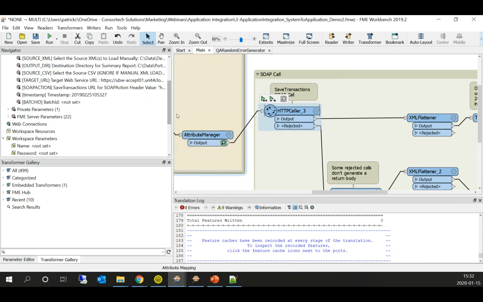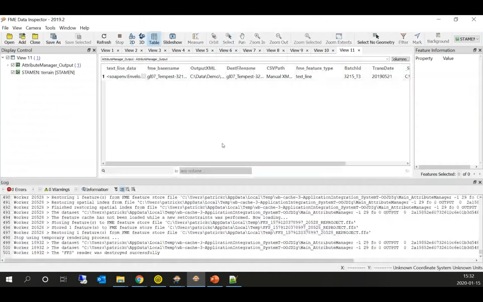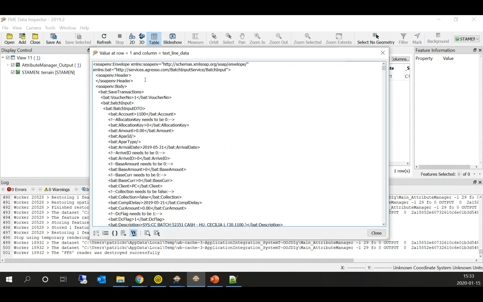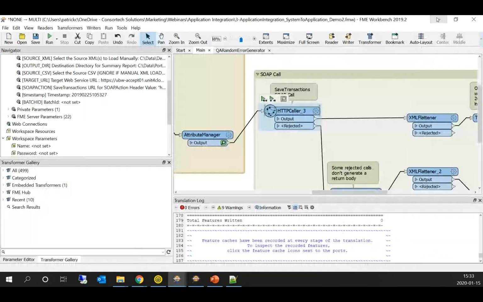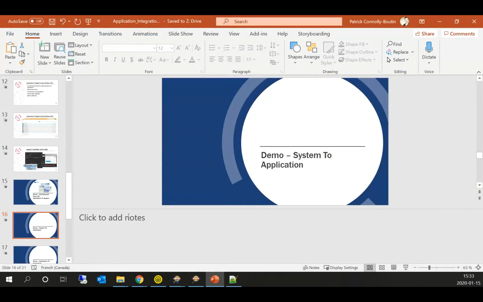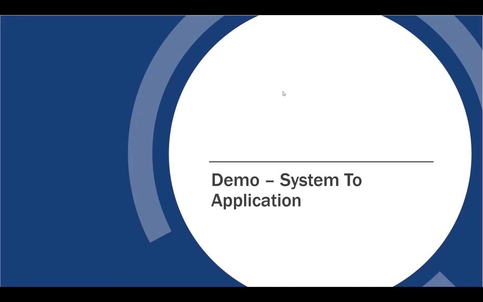So I can just sort of inspect what that call looks like here. I will be pushing the value of my attribute text line data into my SOAP call. So you can see here, this is pretty much the same XML that I'm pushing to the web service. All right, so that is for the system to application. And last but not least,